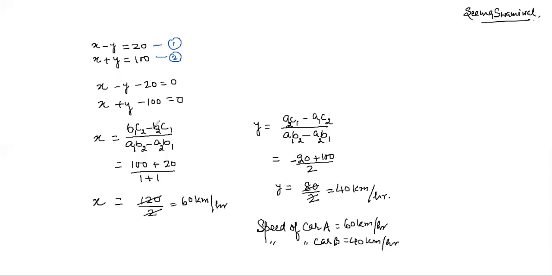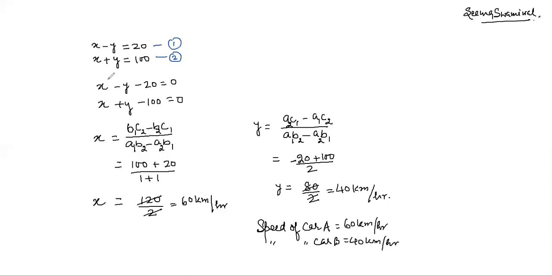So it is BC minus BC, and the counting that you will have to do is 1, 2, 2, 1. And in the denominator, it is always AB minus AB, 1, 2, 2, 1. The denominator of y is the same. So AB, AB, 1, 2, 2, 1. In the numerator of y, you are not going to write B, therefore it is AC minus AC. So it is reverse counting: 2, 1, 1, 2. This is for the sake of writing the formula, but you are not going to see it while putting in the values. So what will you do?